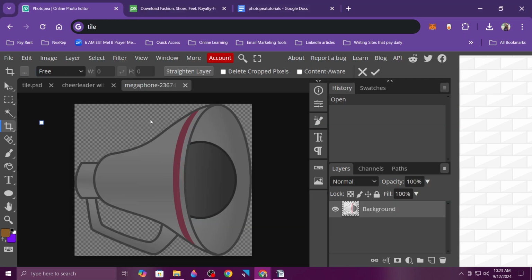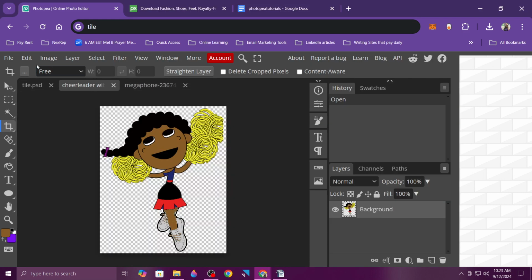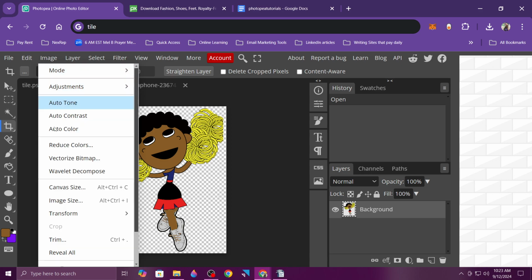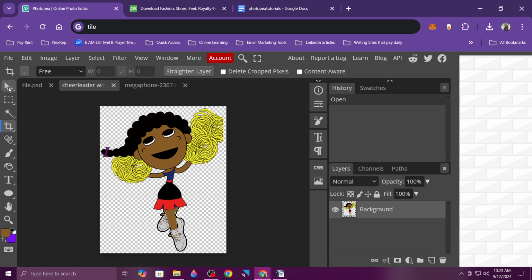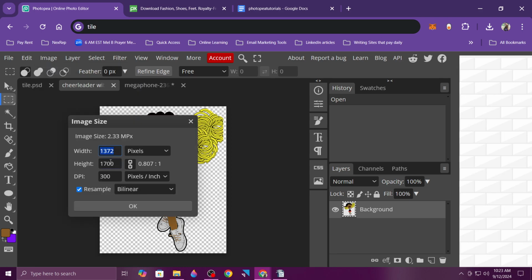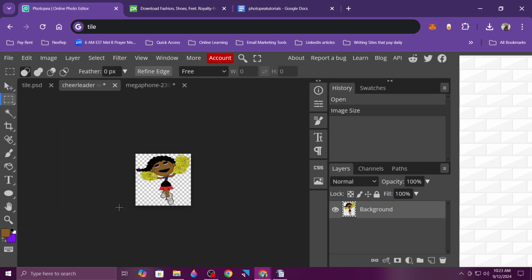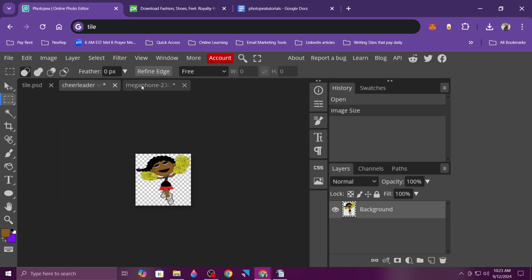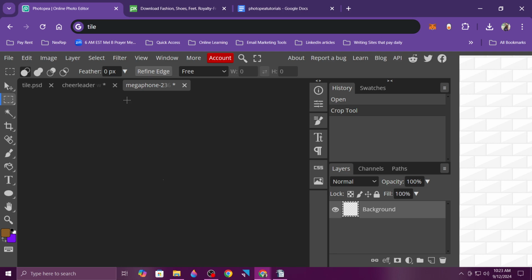So let's go here. You want to click image. First, let's get off of this crop tool. Hit image, image size. We're going to unclick that. And you want it to be 600 by 600. Click OK. And then we're going to go to the megaphone